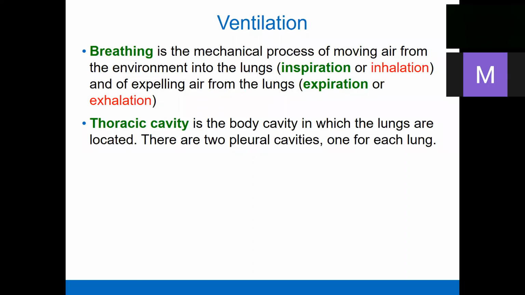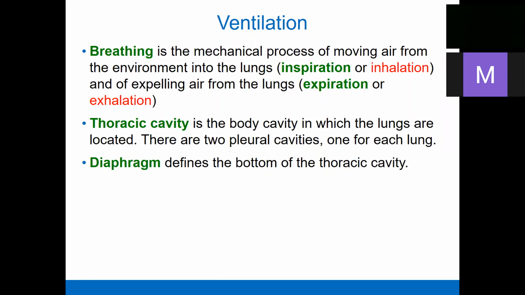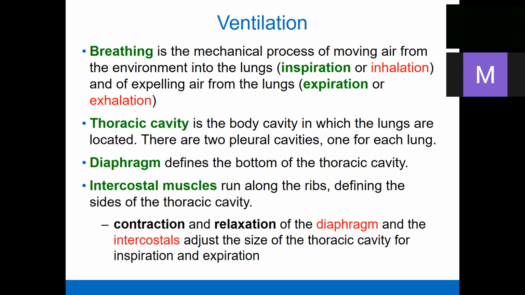We have two pleural cavities, which are filled with a small amount of fluid, and that makes it easier for the lung to inspirate and expirate. Okay, the diaphragm defines the bottom of the thoracic cavity, and we also have intercostal muscles, which are